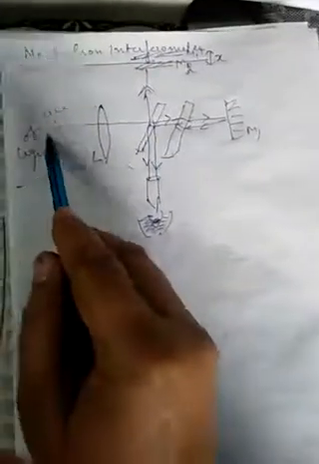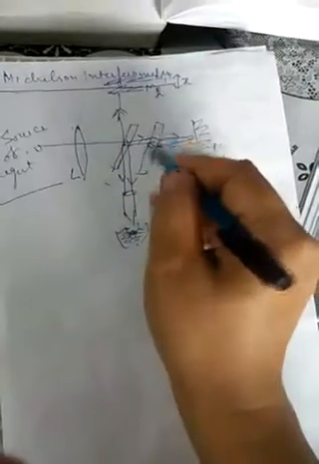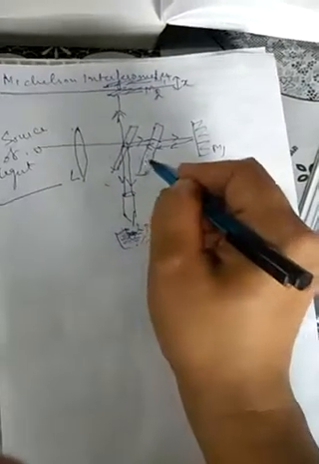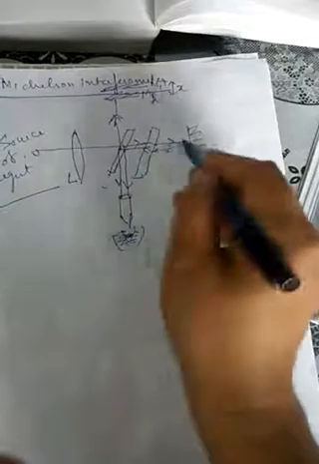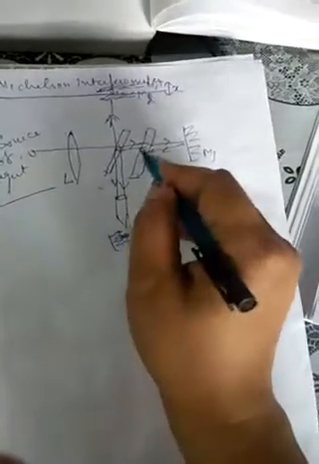Now, this is the setup of the Michelson interferometer, where again division of amplitude is taken into account. It consists of a source, a lens, two different glass plates, and two different mirrors. This is a moving mirror which can be adjusted to get the interference pattern over the screen. Once the light comes out, it is split into two parts. This is an adjusting plate used for the compensation of the time